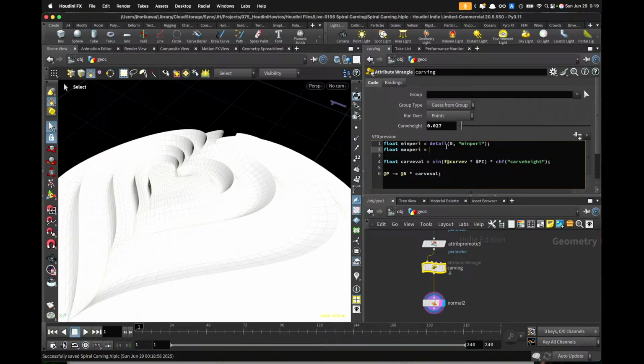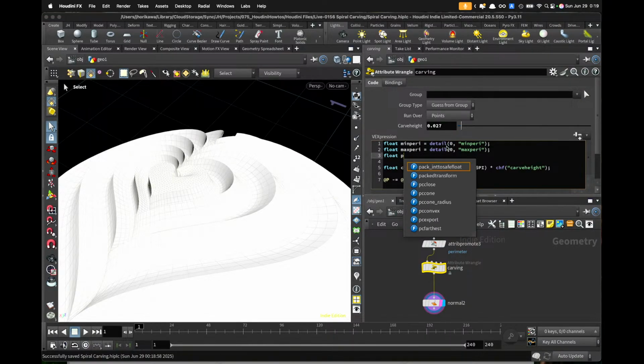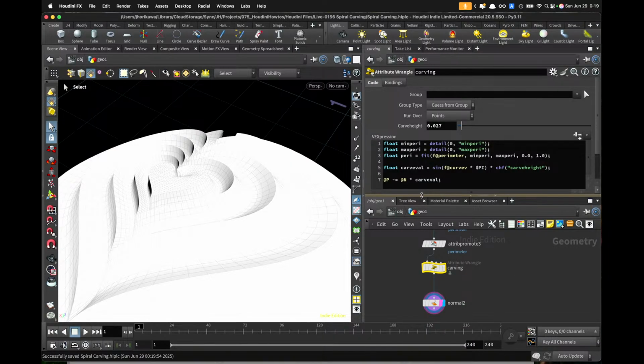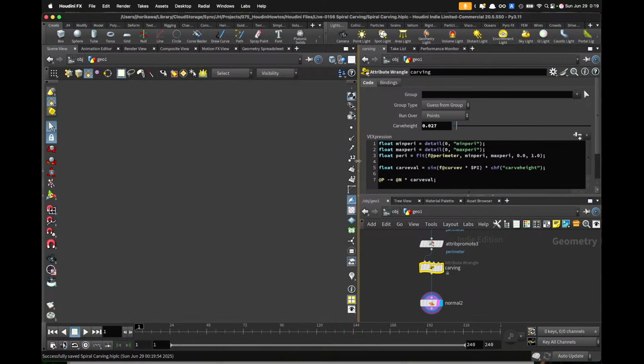Max perimeter. And let's try normalizing the current perimeter by remapping it from minimum perimeter to maximum perimeter to 0 to 1. Well, it might not be a 0 to 1, I'm not sure. And then we could decide,